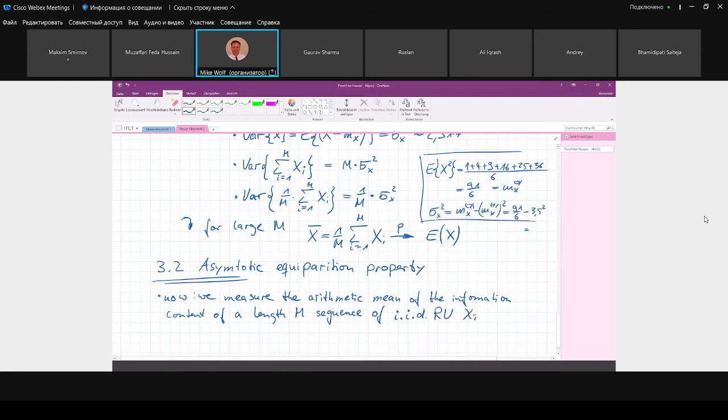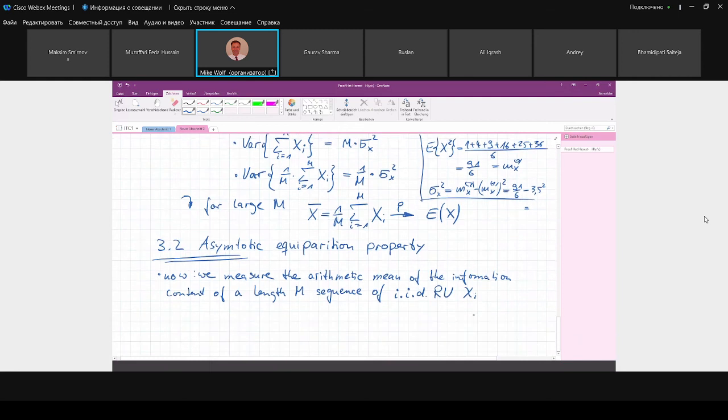Okay, I think you understand. IID: independent, so they are statistically independent. They all have the same distribution. That is,